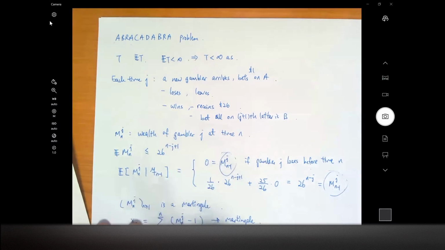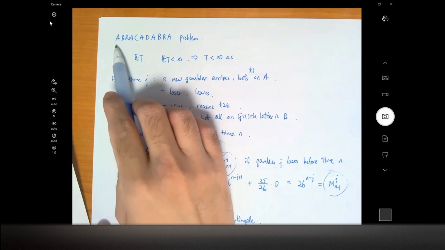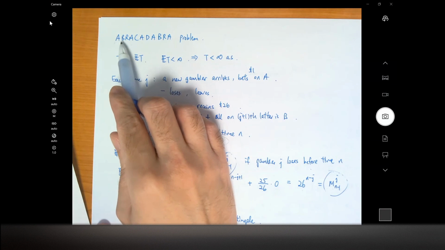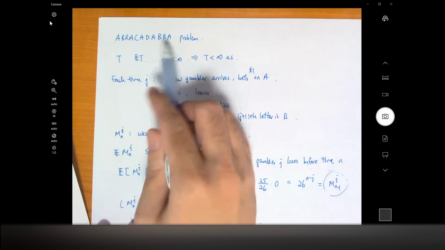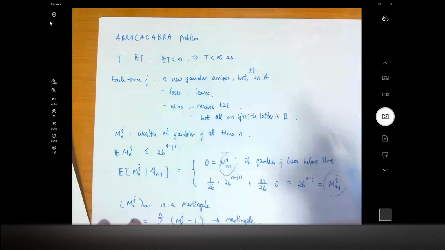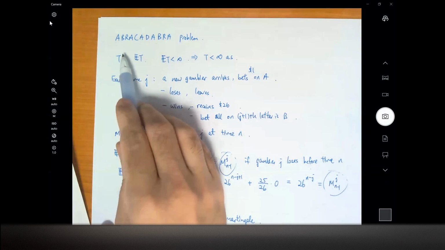So when will he win all the way? If you happen to have a gambler that bets A at the first time, B at the second time, R at the third time, and so on, if you count, there are basically 11 letters over here. So this at most is bounded by 26 power 11,